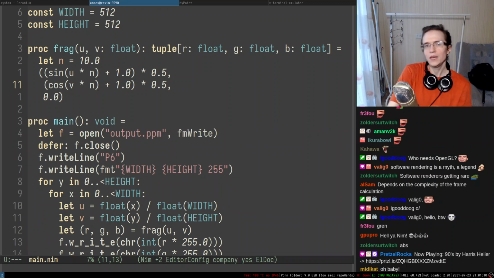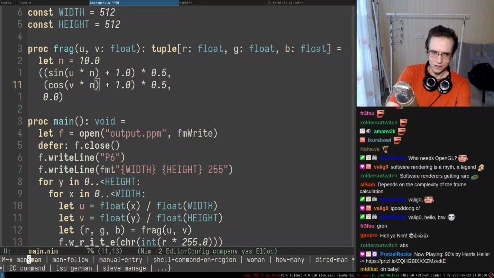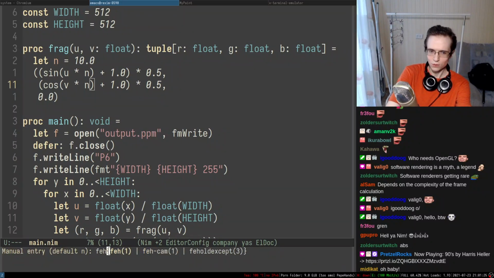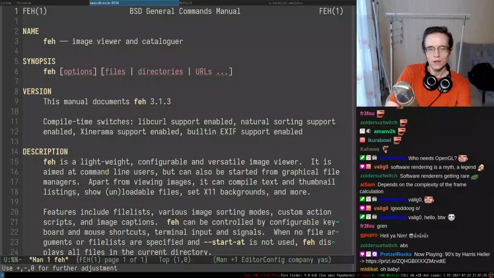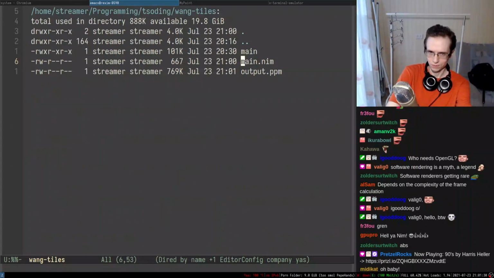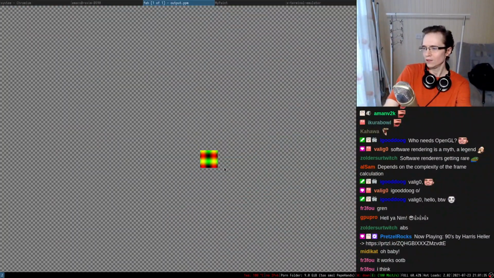So maybe it would be better if we had another program that could live reload images. Maybe something like feh, right? So is feh capable of doing that, boys and girls? Does anyone know? First of all, the problem with feh that I really don't like is this checker pattern background that ruins the entire encoding. You can actually see that. Do you see the pixelated Zozin? This is me. This is a pixelated Zozin. Thank you, feh. Very cool.